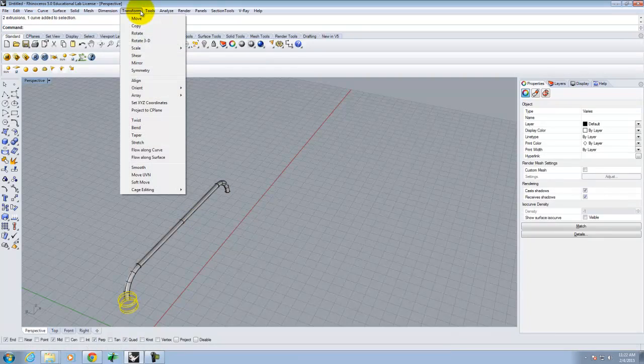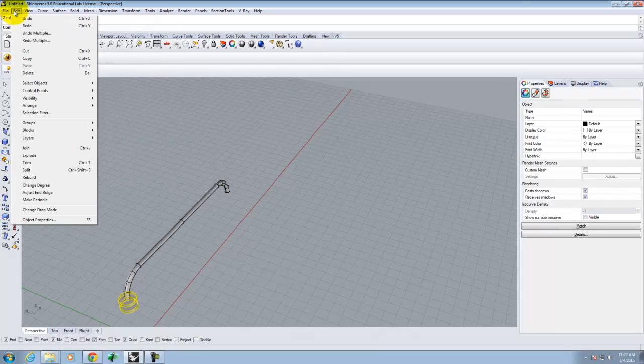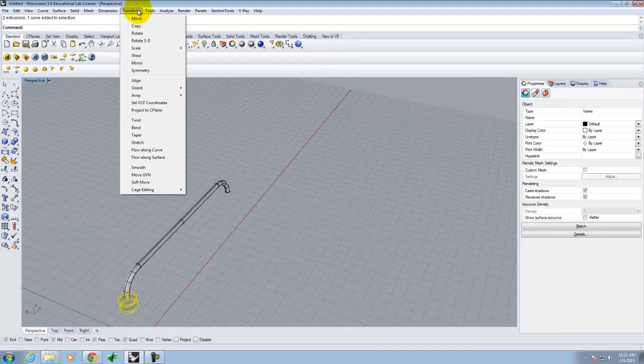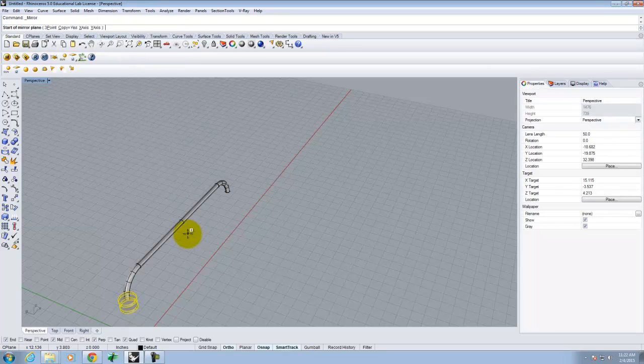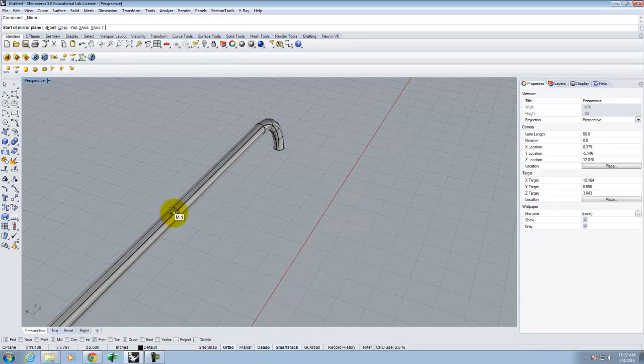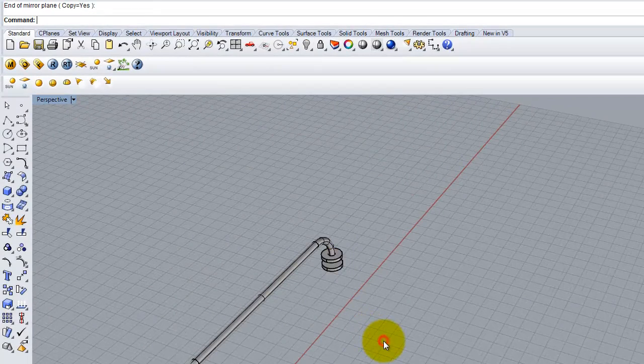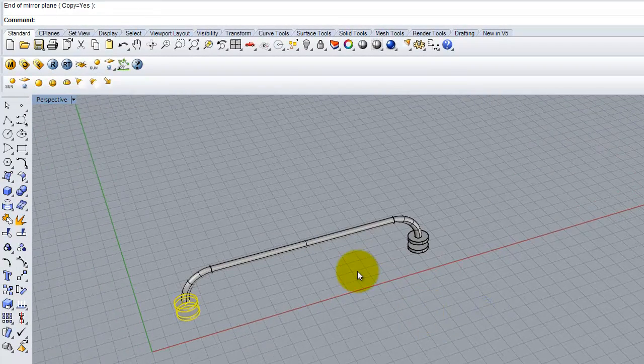I think it's under transform, right? Again, I always type it. Mirror. There it is. Okay, I was right. And we'll mirror from the midpoint to there, and I end up with the second set of little buttons. Okay, so I have those two pieces put together quite nicely, and now I'm going to go ahead and copy